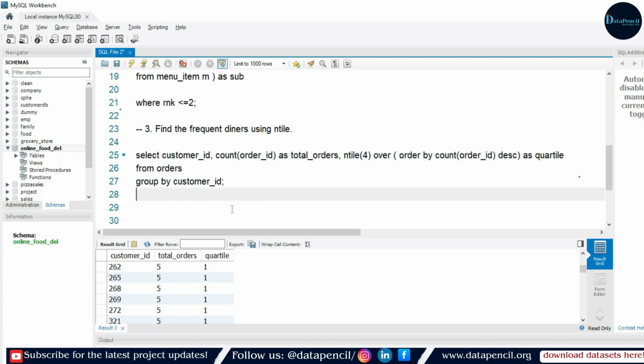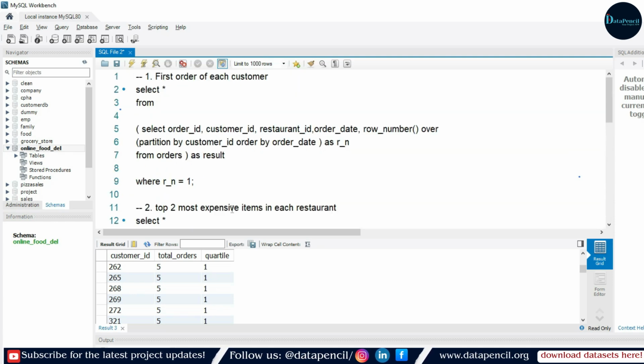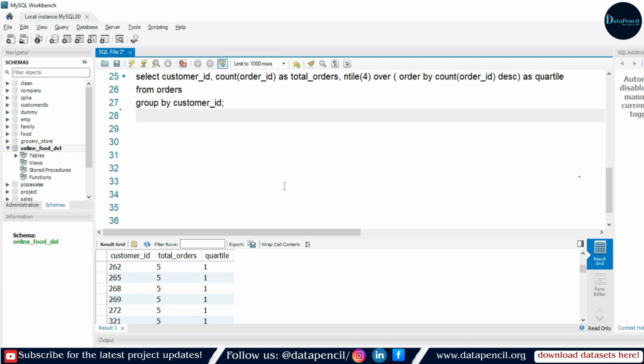Okay, so these are the demonstrative queries I have shown. If you have any doubt, you can simply ask via the doubt form. I'm always available to help you out. And now the rest is your task. I will provide the 4 queries that you will have to solve on your own.